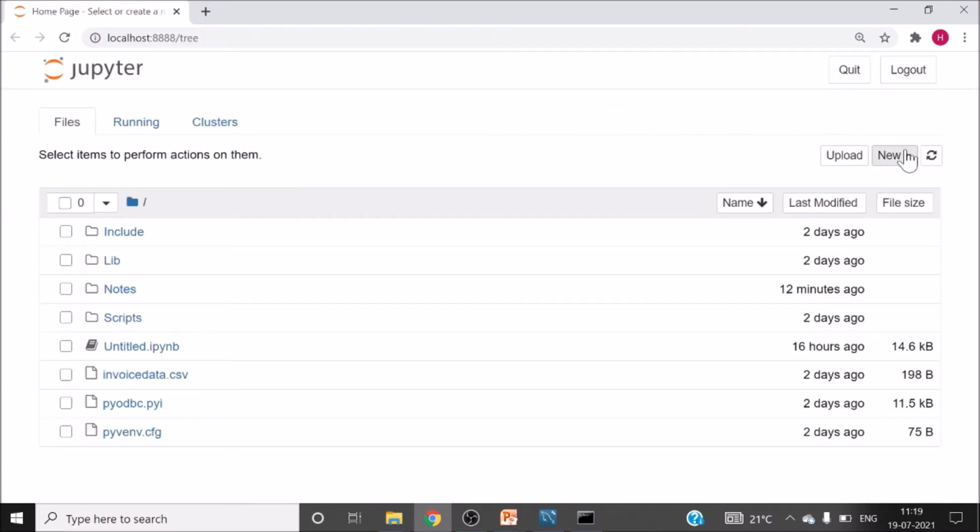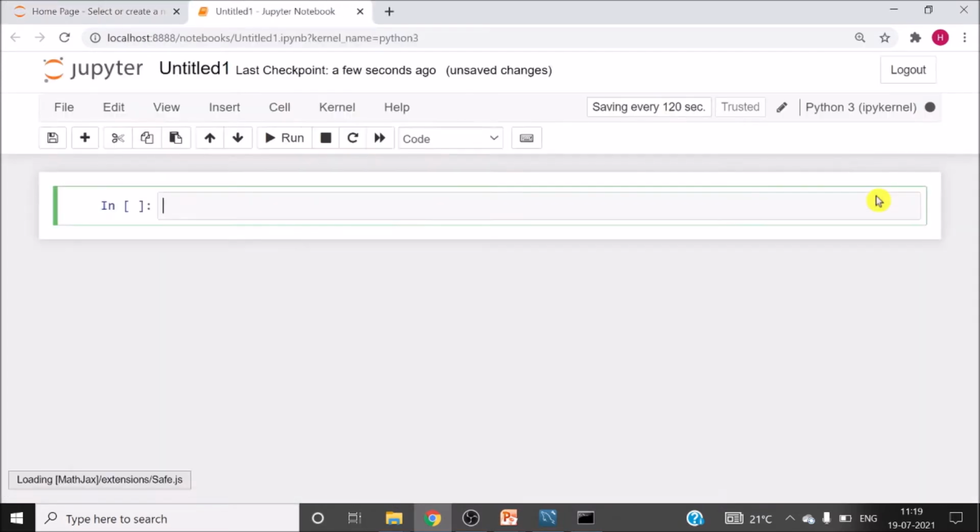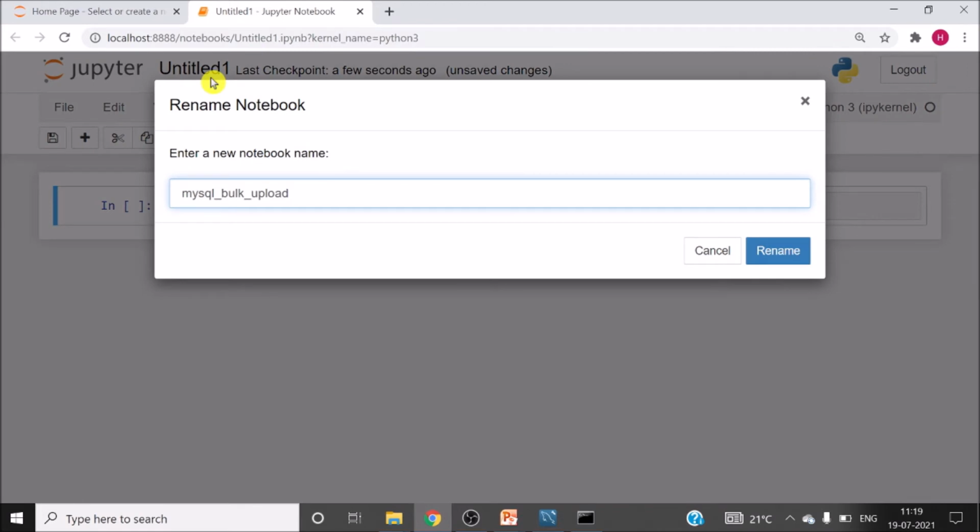So let's add a new file, and first of all, rename the file from here. SQL bulk upload.